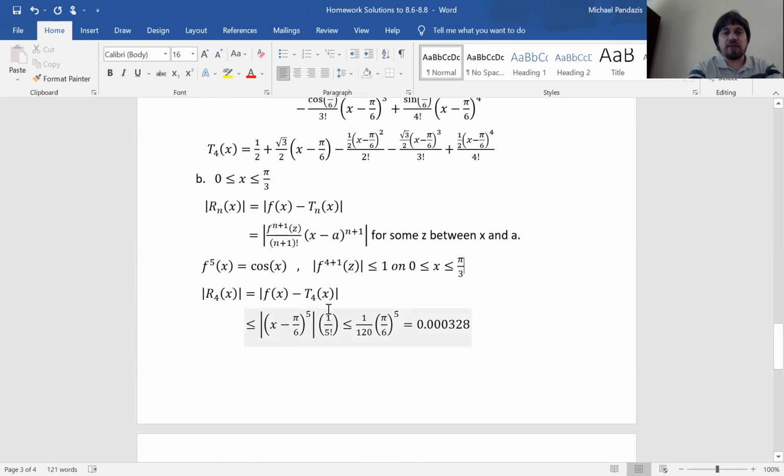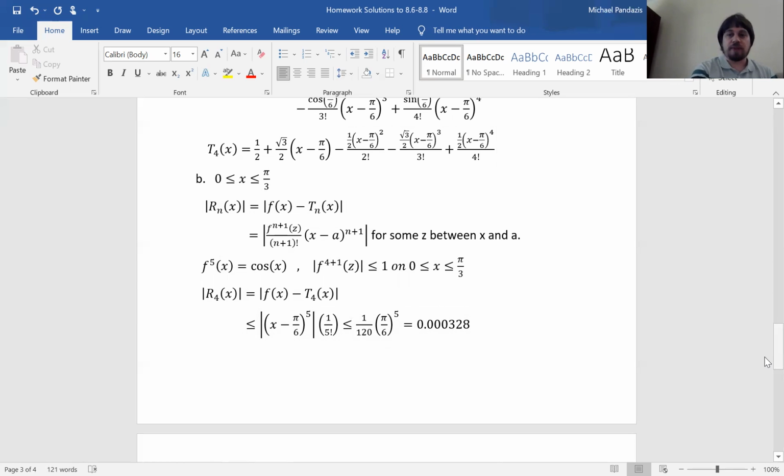And so you can say that this whole thing is less or equal to plugging in a 1 here. And so you have 4 plus 1 is 5 factorial. So you have 5 factorial here, you have a 1 here, x minus pi over 6, because a here is pi over 6, and then that's raised to the 5th power. You evaluate this thing, and this is an upper bound for that. So we're estimating the accuracy of our approximation in A with this polynomial by saying that the absolute value of the difference between the actual and this on this range of x values is less or equal to 1 over 120 times pi over 6 to the 5th power. And that's equal to